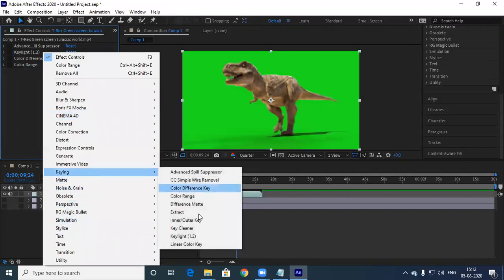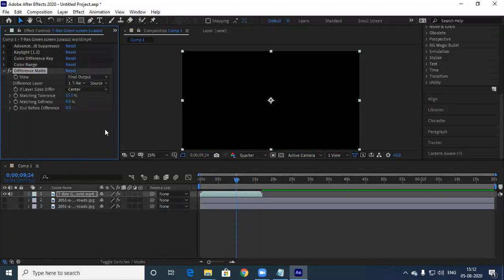Then again keying, difference matte. This is from matte. We'll see this separately.